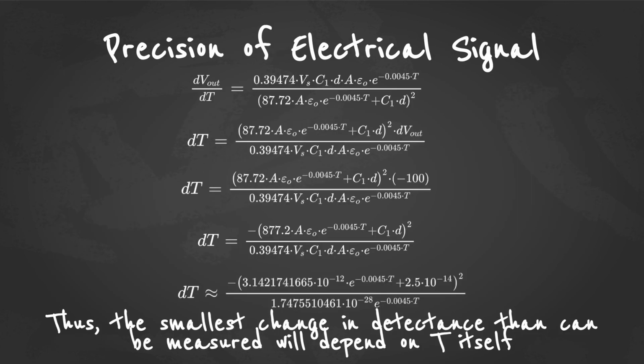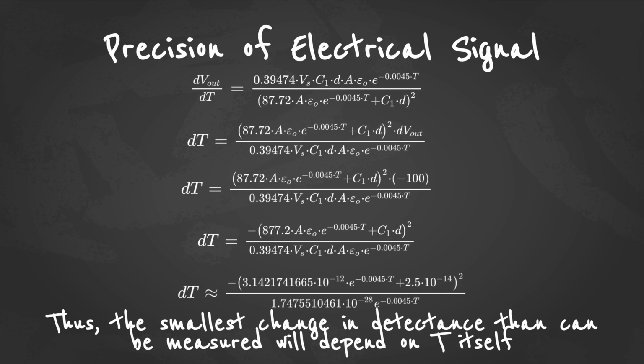Moving forward, if we consider the precision of electrical signals, we have our rate of change of electrical signal with respect to our temperature, dV out over dt, and that is given by that equation there. If we rearrange this equation for dt, we're given this equation shown in the second line, where dV out is going to be in the numerator. However, we know that our lowest value for dV out is going to be negative 100. So then our dV out is going to equal negative 100, and then we get our dt to equal this approximate value of negative this quantity of